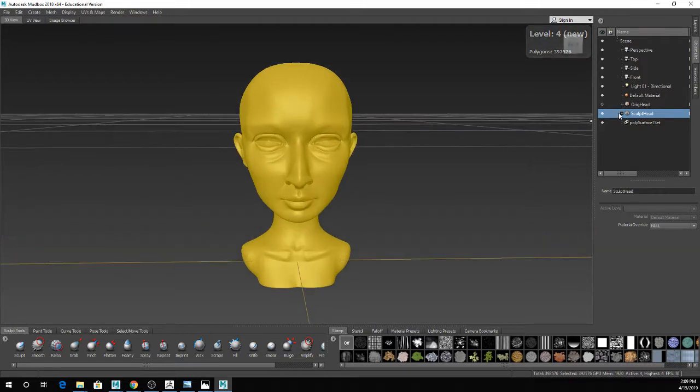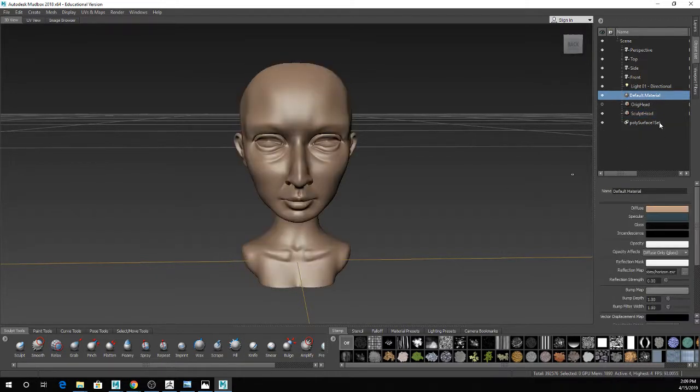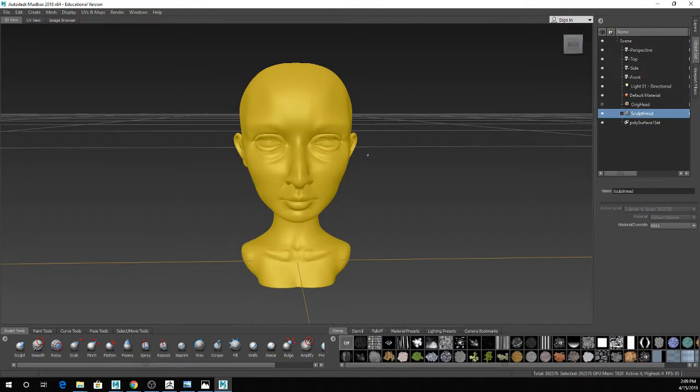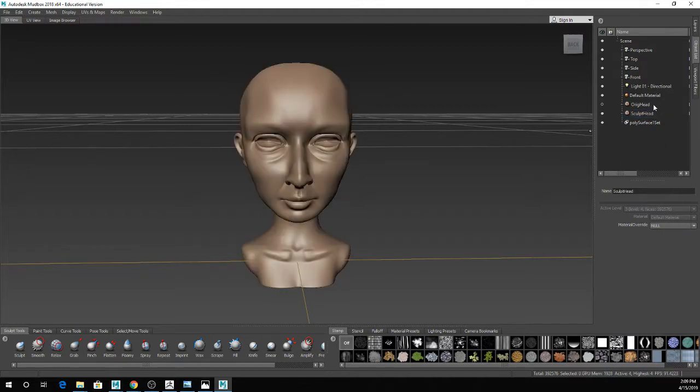So I'm just going to do a really, and you can see, if you expand this, you can actually see all the different subdivision levels you have here. And I usually just click on default material or anywhere else, because I hate having this yellow, I find it very distracting. So I'll just click anywhere outside of the object list and it'll go back to showing you an actual